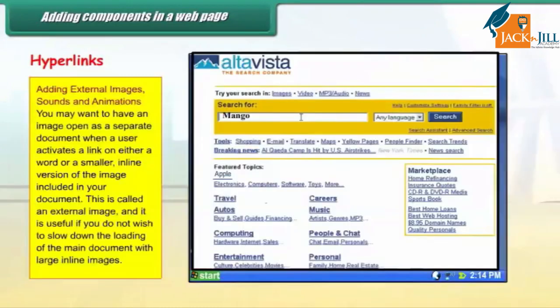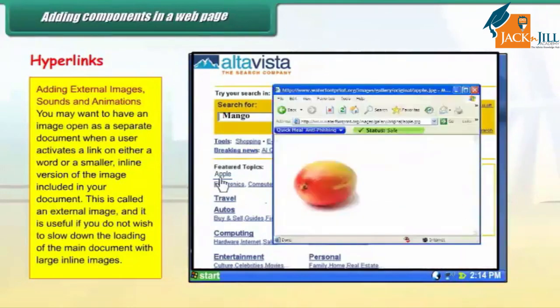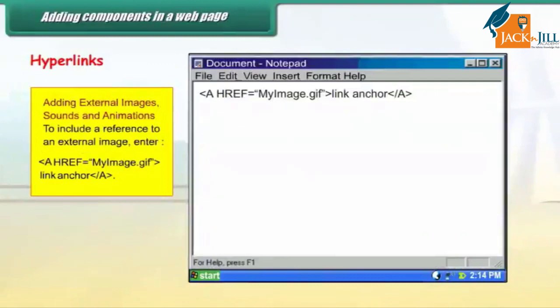Adding external images, sounds and animations. You may want to have an image open as a separate document when a user activates a link on either a word or a smaller inline version of the image included in your document. This is called an external image, and it is useful if you do not wish to slow down the loading of the main document with large inline images. To include a reference to an external image, enter